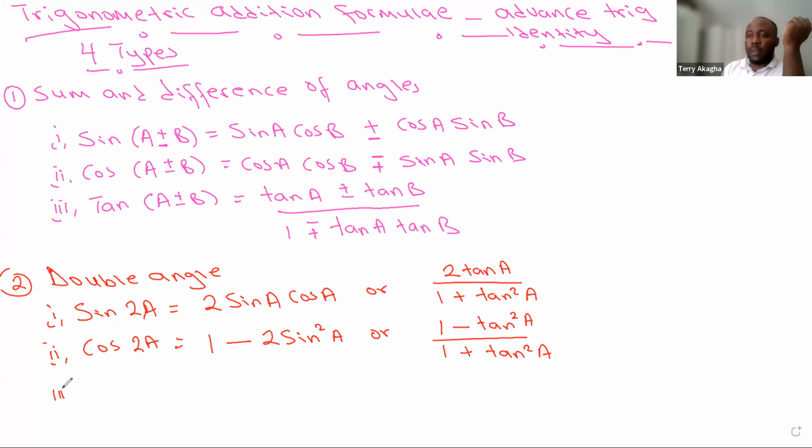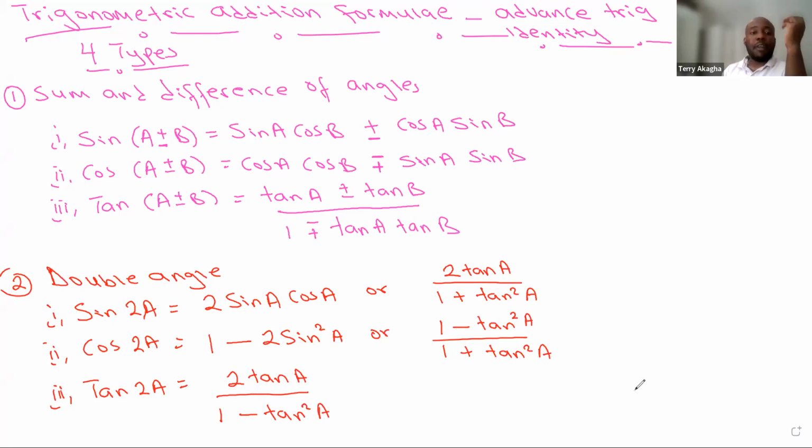Now, the third one is definitely tan 2a. So tan 2a is equal to 2 tan a divided by 1 minus tan squared a. All right? So I've talked about the sum and differences of angles. I've talked about the double angles. Now, the next one I'm going to talk about,